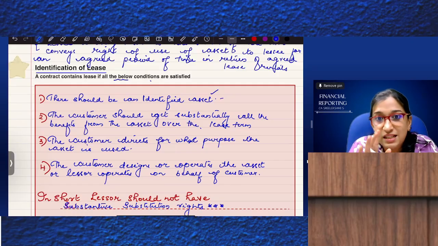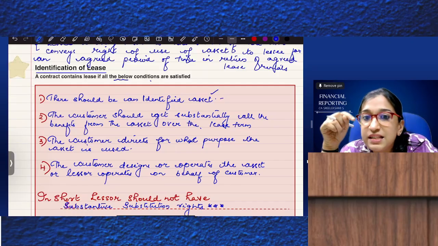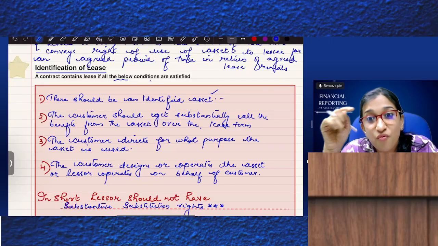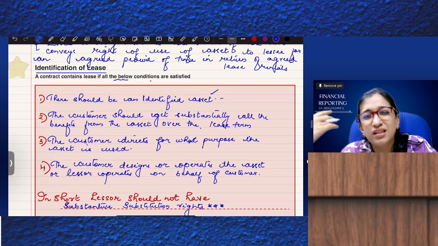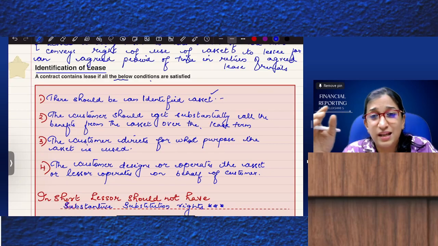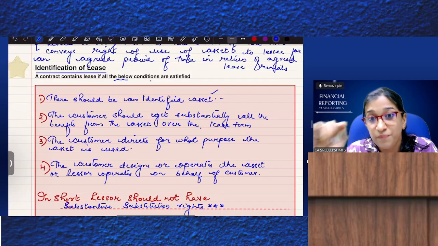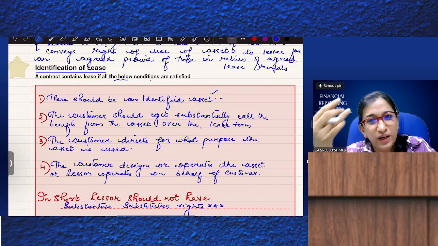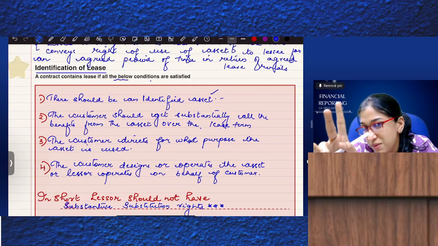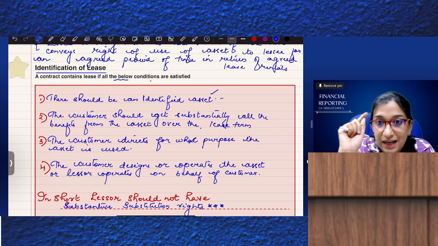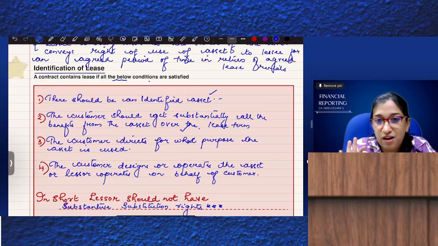To constitute a lease contract, in the agreement there should be an identified asset, which means if there is a land, it should be specified where it is located, how much area, and all the information related to that specific land. If it is a car, which color, which variant, what is the number, because it cannot be substituted. It should be an identified asset, and the customer should get substantially all the benefits from the asset during